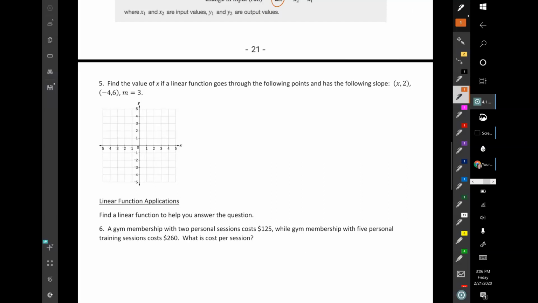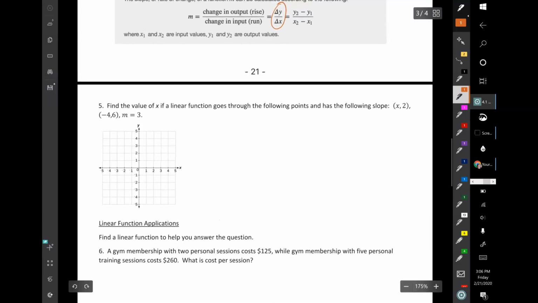So let's see how we can figure that one out. What would be your plan of attack? I guess if you know what the slope is, but you're missing one piece, you can set up your equation, just like above here. We can use function notation, or we can just use m because it's linear, but I know that